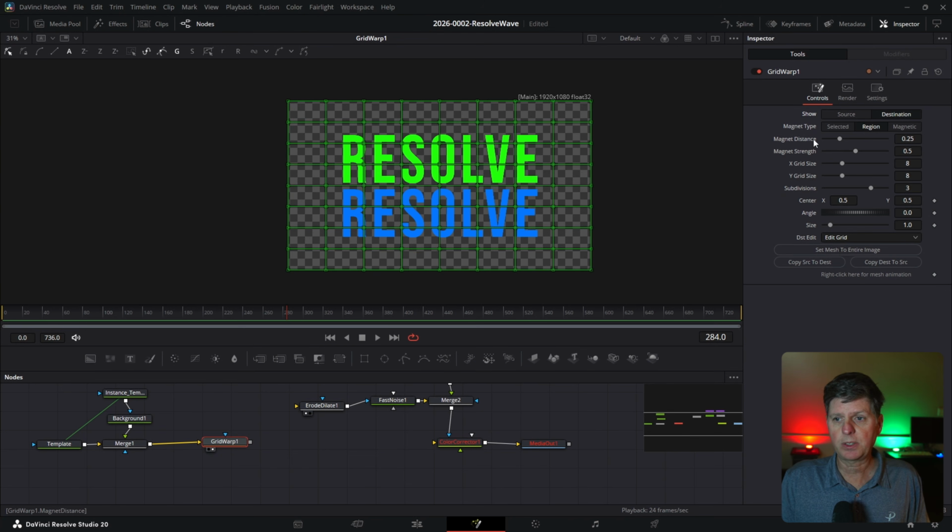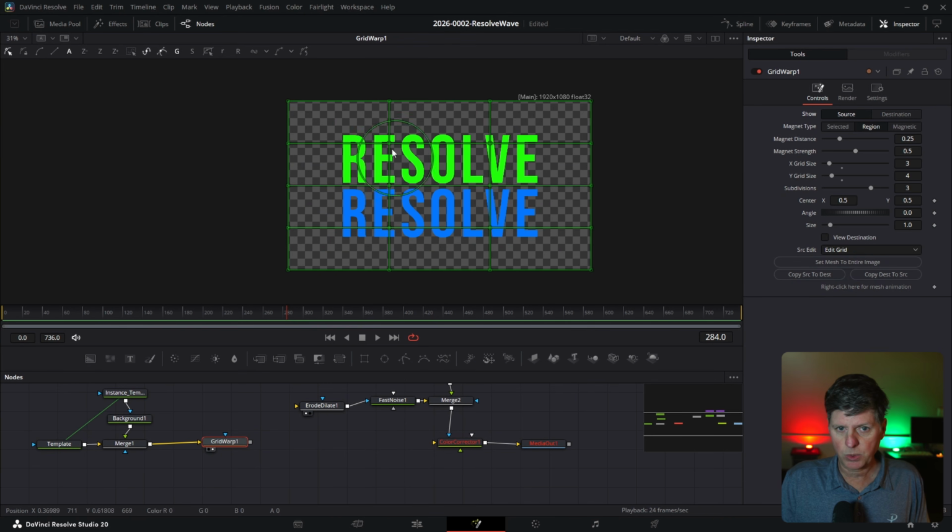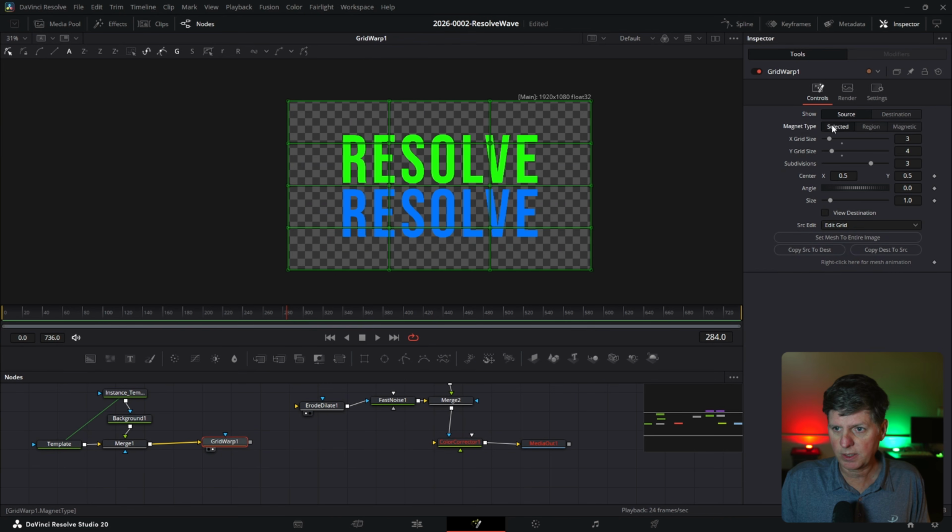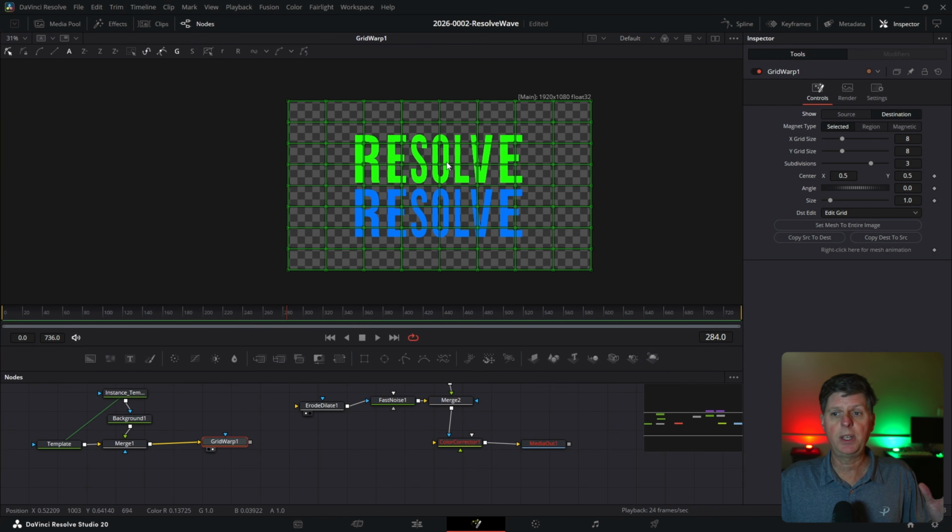Okay, so really what does this mean? Let's take the source. You see right now, the source and destination look exactly the same. We're going to take these, hit selected, and select these 3 points right there. We're going to move them over just a little bit, and we're going to select these 3 in this column and move those over a little bit. Well, that looks just the same, but now when we click destination, it changes. So basically the points have changed, the source in relation to the destination,